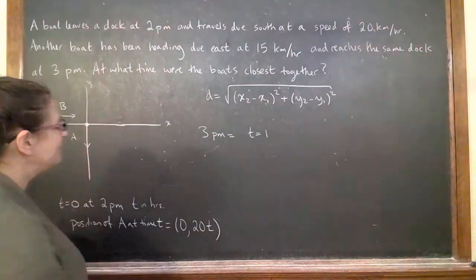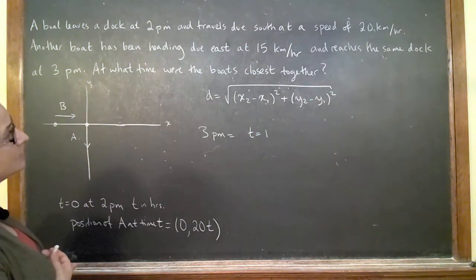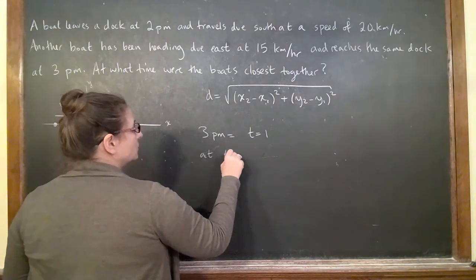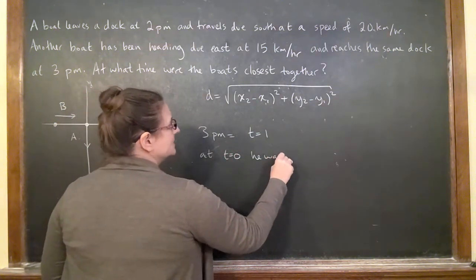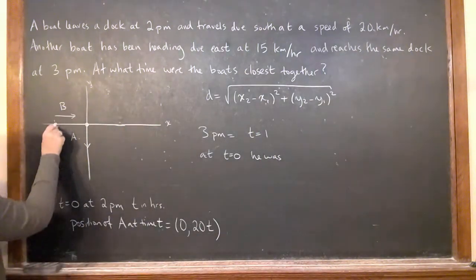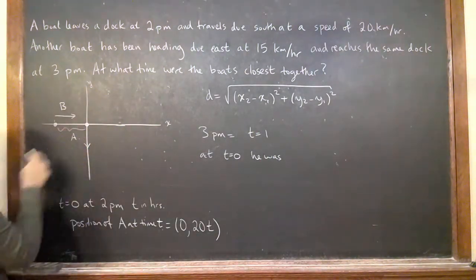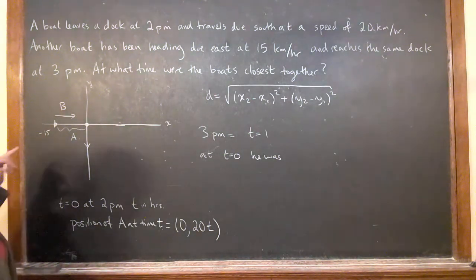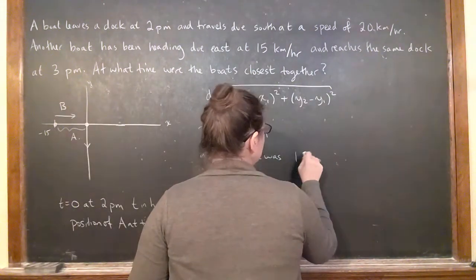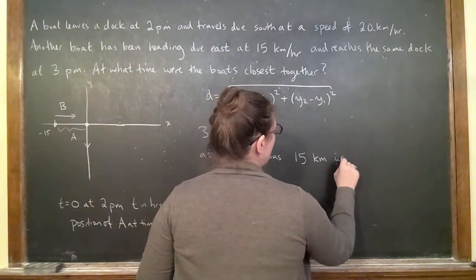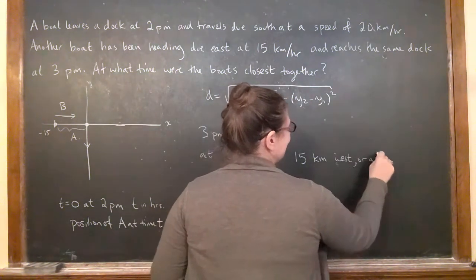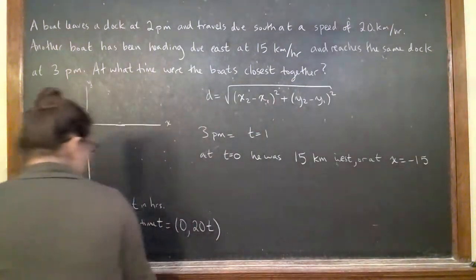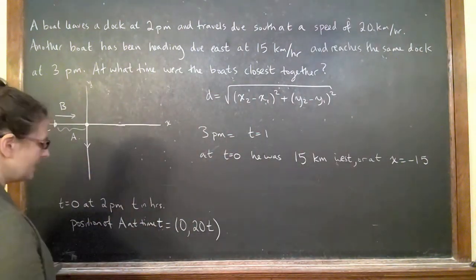Now, if he's heading a steady 15 kilometers an hour, that tells me that at t equals 0, he was 15 kilometers this way. So it would actually be negative 15. At t equals 0, he was 15 kilometers west, or at x equals negative 15. So the position of B then,